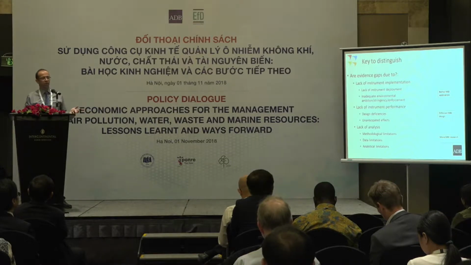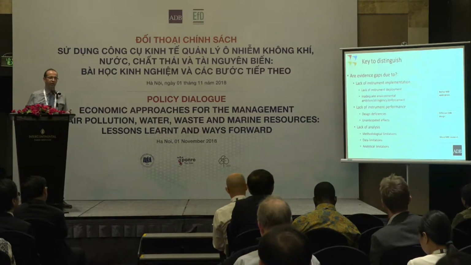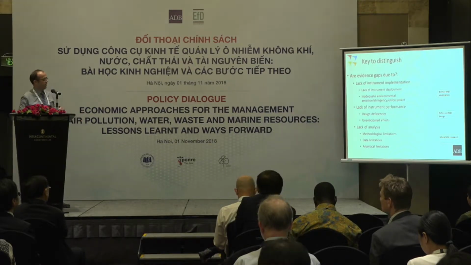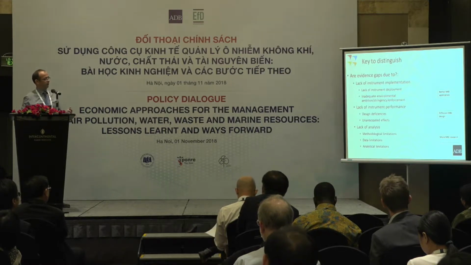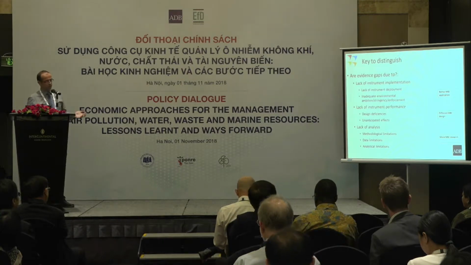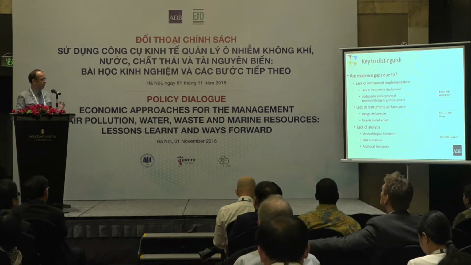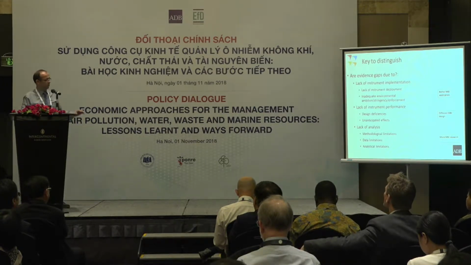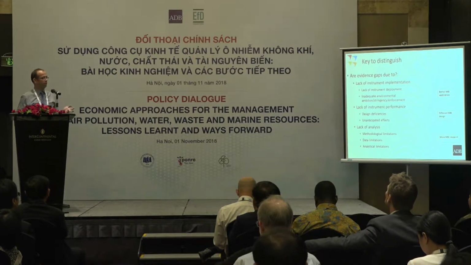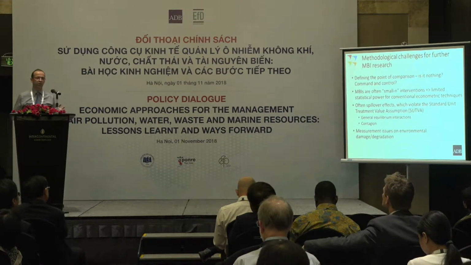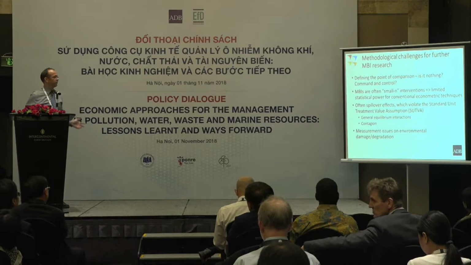It could also be shown by looking at whether there's publication bias, because we all know it's easier to publish something if we can show something significant. And then the last area is, if we know there are a lot of instruments and there's no reason to believe that there's a publication bias or that the instruments are just so defective that they're not worth analyzing, then we can also find the analytical gaps. And those analytical gaps can really orient our future work, considering methodological limitations. And the methodological limitations in this field, of course, are not insignificant.